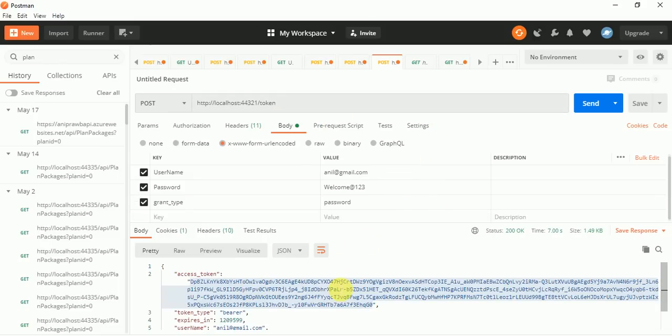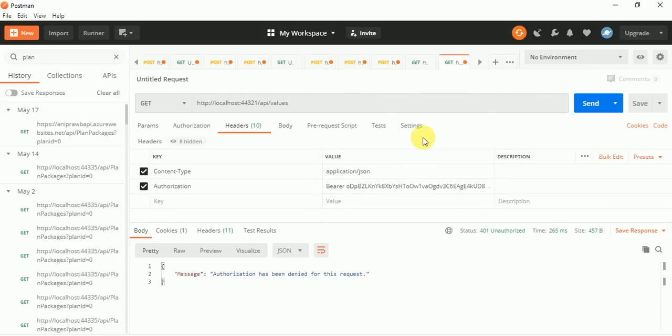Now using this token we will authorize our web API. So you can understand what authentication is and what authorization is. Authentication means your username and password should be correct, and authorization means using the same user ID and password you can generate a token, and using that token you can get the data. So this is the authorization.